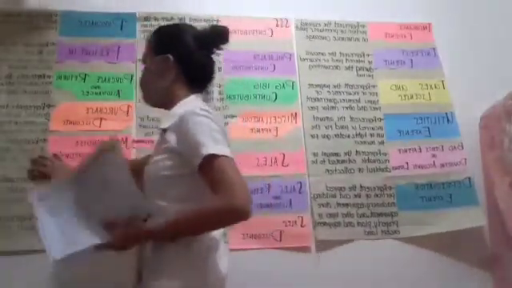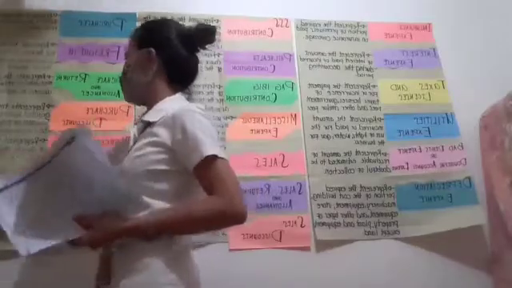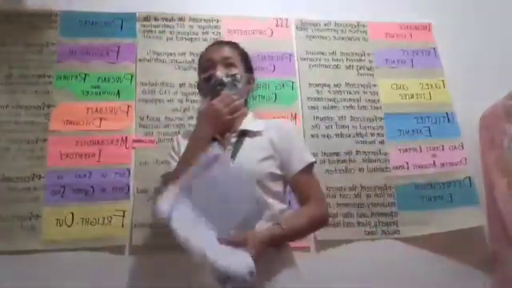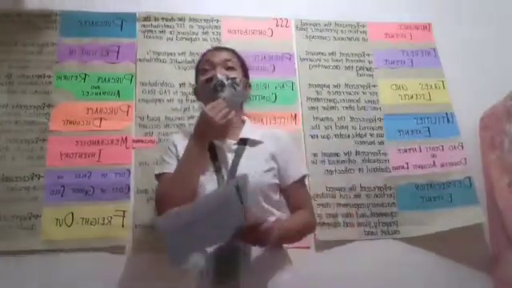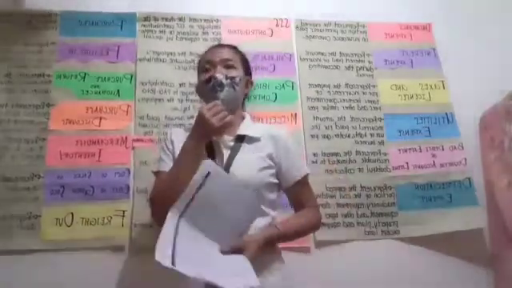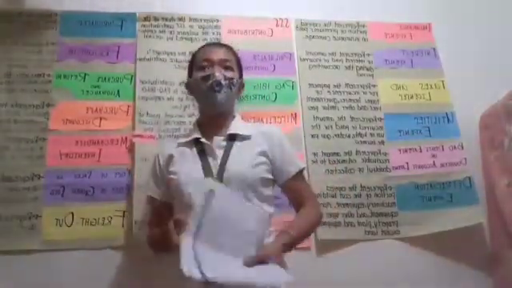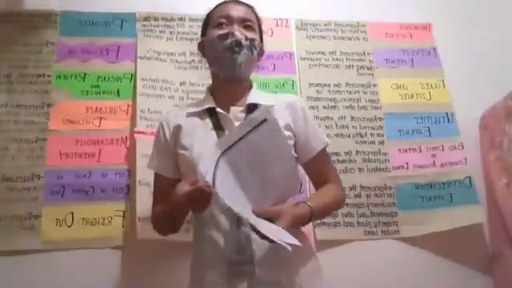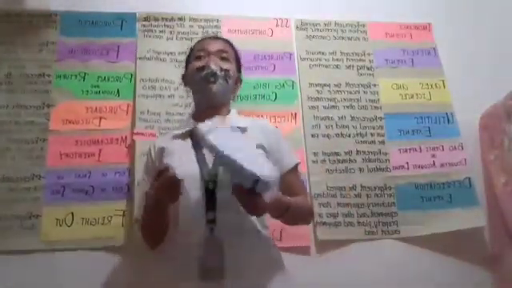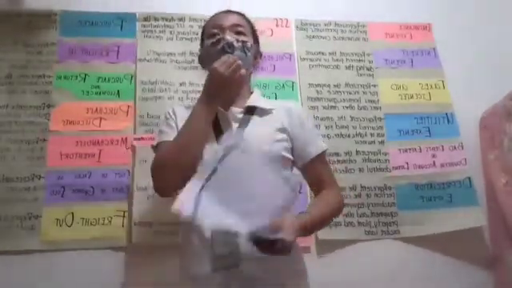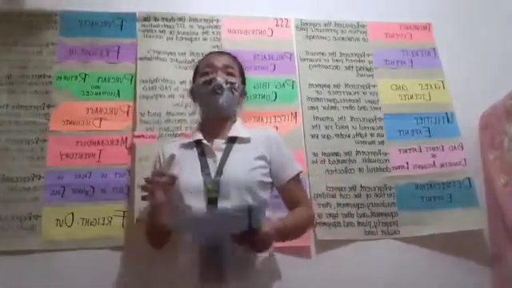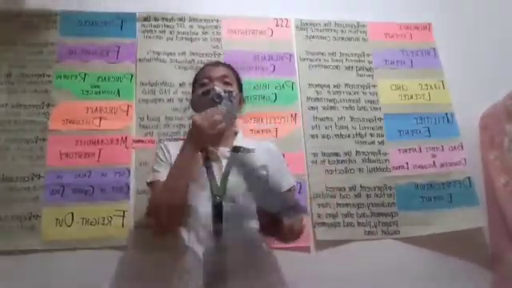Merchandise inventory represents the amount of goods still unsold at the end of the accounting period. So business entities engaged in buying and selling have unsold products at the end of the year. There are two types of merchandise inventory recorded during the year: the merchandise inventory beginning and the merchandise inventory ending. When we say merchandise inventory beginning, those are unsold goods at the beginning of the year, presented as part of the cost of sales section of the income statement, while merchandise inventory ending are those unsold at the end of the year, deducted from the total goods available for sale to arrive at the cost of sales in